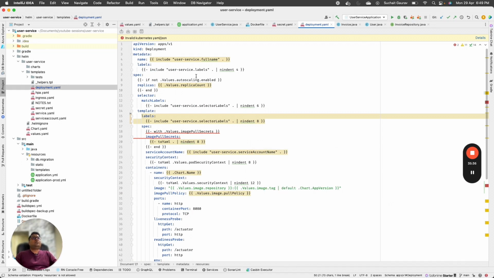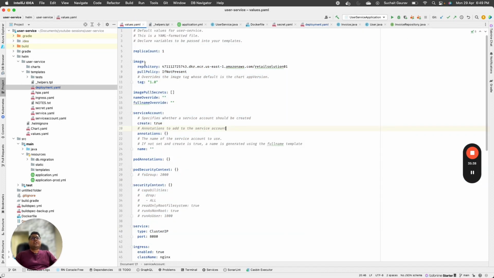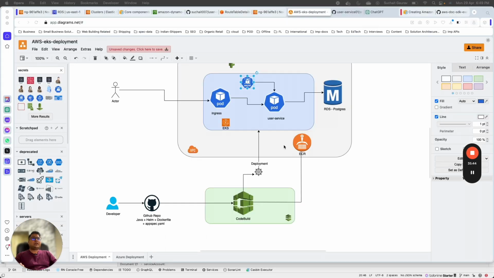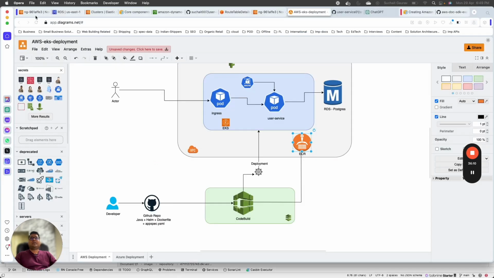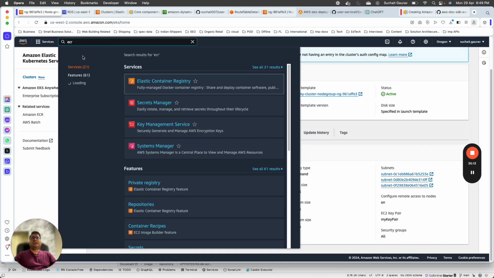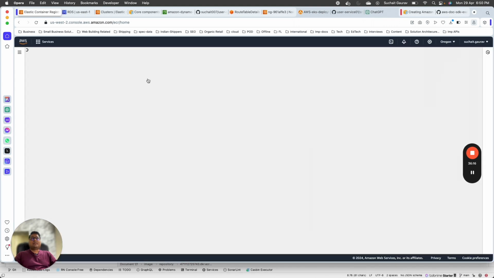Now let's move on to values.yml. You see, as part of my pipeline, I will be creating a Docker image and pushing it to the container registry inside my ECR. When I do a Helm deployment, I have to pull that Docker image from the ECR, which is my container registry. So I'll have to pass that URL to my Helm chart. So this is where I'll pass the URL to my image repository. This is my URL of ECR. If you go here, and then search for ECR, you will see